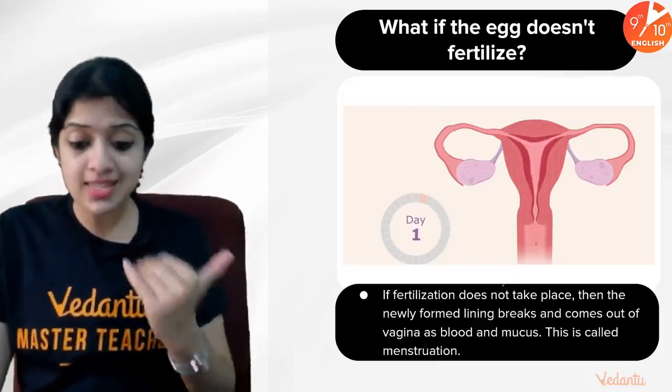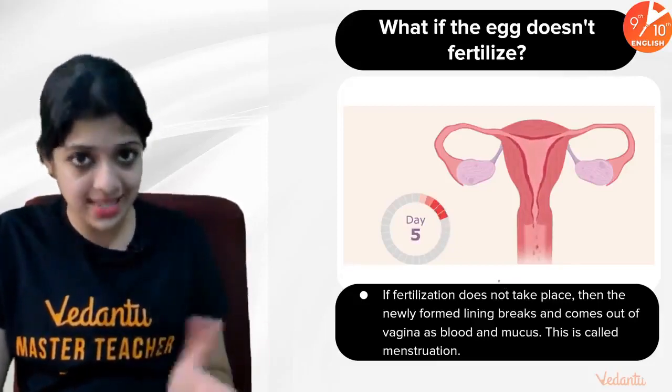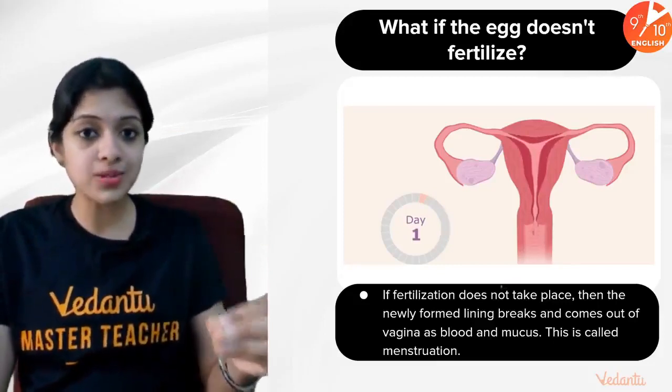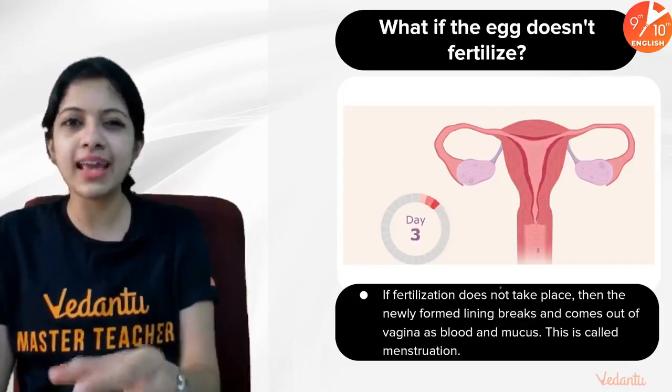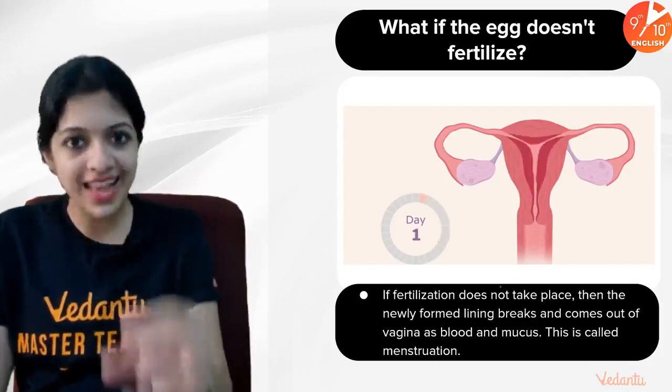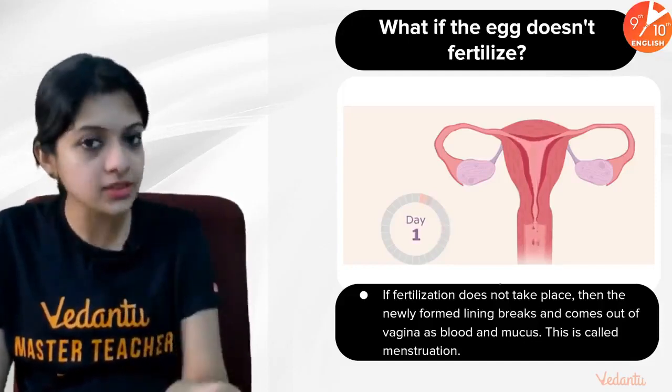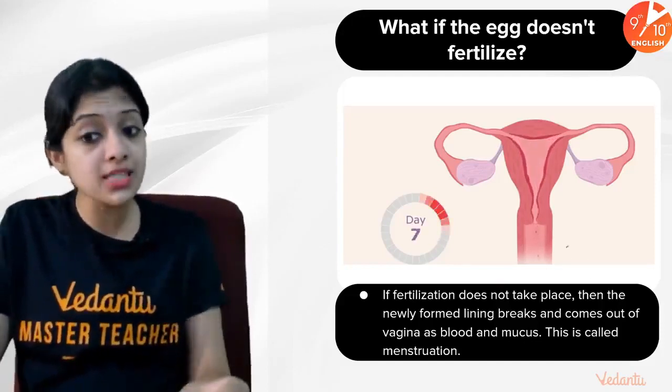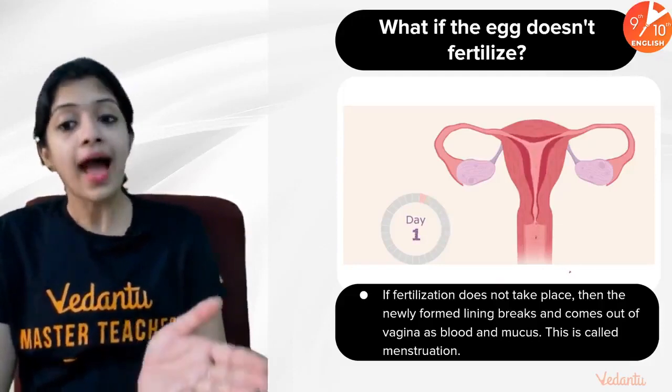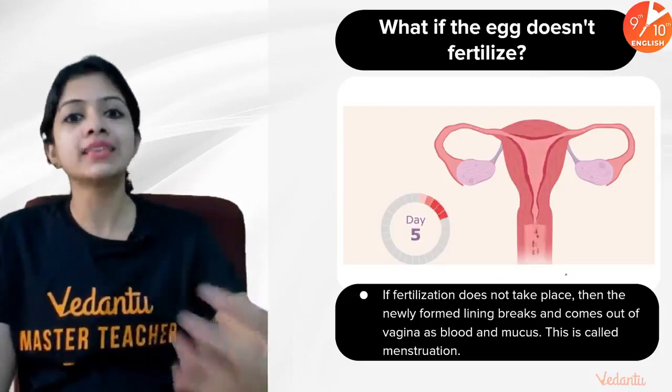When I say 28 days, every 28 days, from day 1 of a menstrual cycle to roughly day 6 to 7 of that cycle is when this bleeding happens. And in the remaining days all the other events happen.